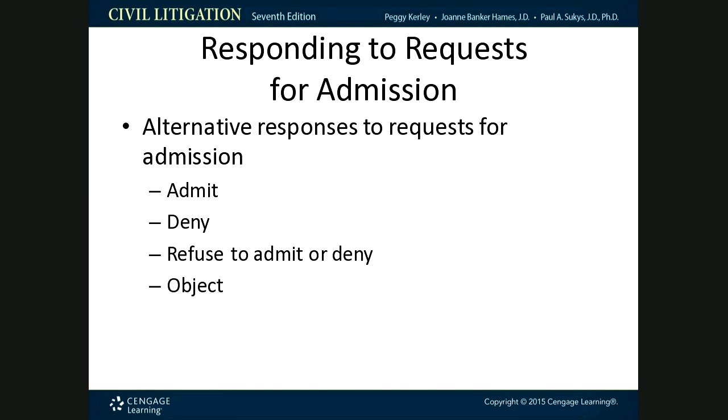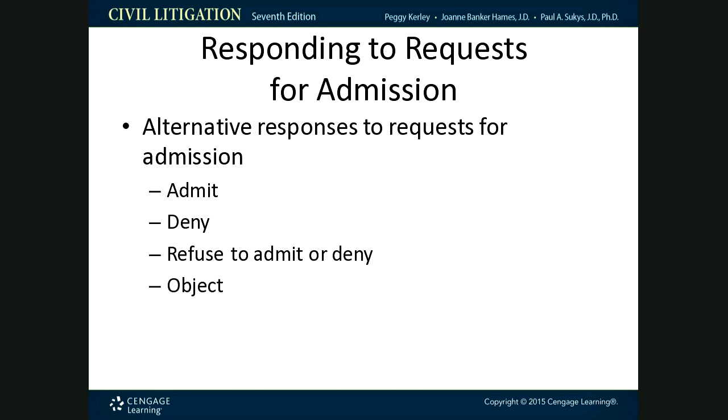If you don't have enough facts in that admission in order for you to be able to form an opinion as to whether or not you can admit or deny, then you can state that you cannot admit or deny. But at least in Texas jurisdiction, you can't just refuse to admit or deny. You've got to do one or the other. Or you state that you're without sufficient information upon which you can admit or deny, or you can admit in part and deny in part, but that's where admissions need to be very clear on only one point, because then you take that away. If it's only one fact, it's either admitted, denied, or you say that you're without sufficient information upon which you can admit or deny.